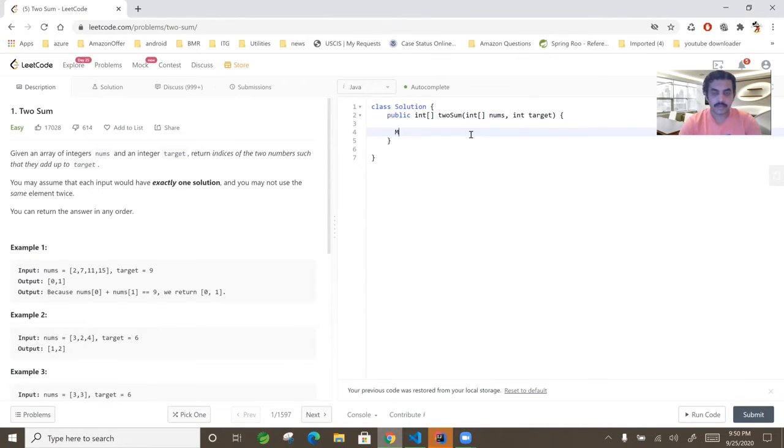Let us define a Map of Integer, num map equal to new HashMap.